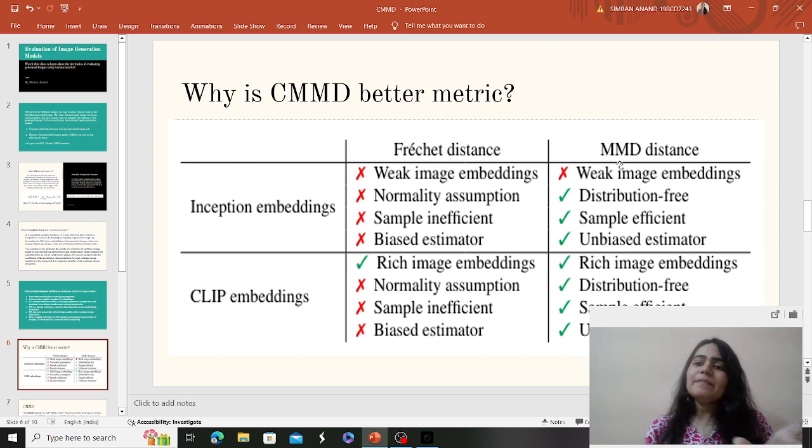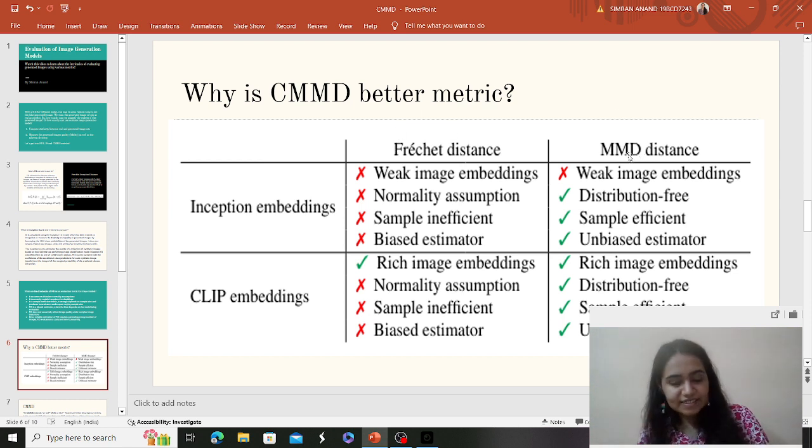Coming to this part now, MMD distance and Fréchet distance. These are different distance metrics firstly, because how do you compare two images? You compare two images by calculating the dissimilarity, or the distance, between the two image distributions, or two probability distributions also. When you're talking in terms of inception and comparing this, I made a matrix where the Fréchet distance and inception embeddings combination is giving you the poorest results. Whereas Fréchet distance and CLIP embeddings is giving you rich embeddings because of CLIP embeddings, but because you're using Fréchet distance over MMD distance, it's not able to solve these issues.